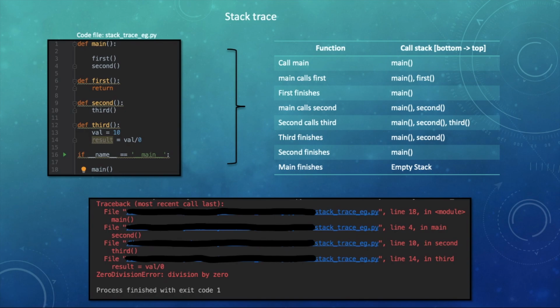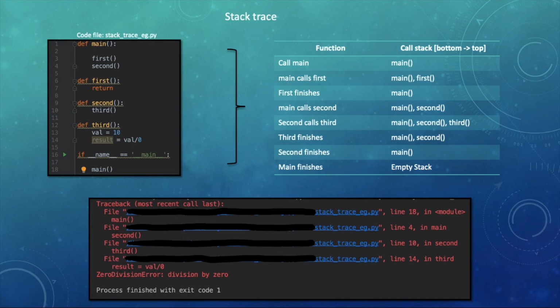So now let's read it from the bottom and see if it makes sense. According to the stack trace, as shown in the last third line in red color, an unhandled error was detected in line 14 of the code script, in the function third. We can also see that in reaching this unhandled error, third was initially called by second in line 10, right?